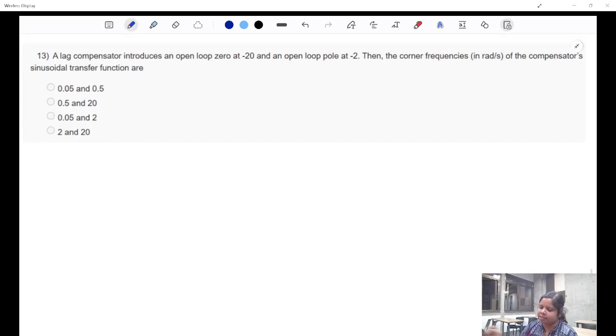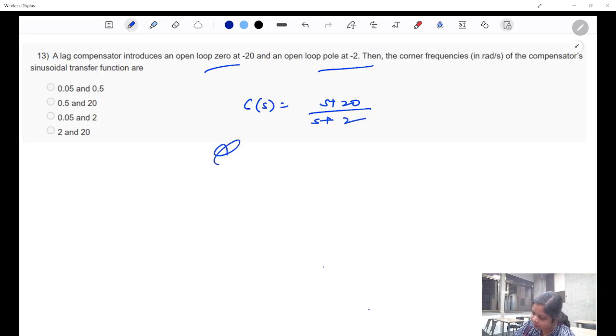A lag compensator introduces an open loop zero at minus 20 and an open loop pole at minus 2. Then what are the corner frequencies? In this case, your transfer function for the compensator would be s plus 20 upon s plus 2, right? We have to find out the corner frequencies. It would be